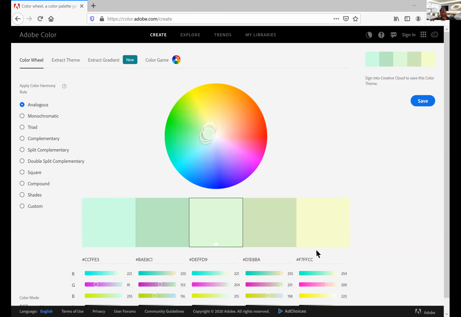Let me go to that website and let me do some live work. This is the website. One minute, let me share it. This is the website, color.adobe.com. If you are already an Adobe member, either Lightroom or Photoshop, you can sign in.